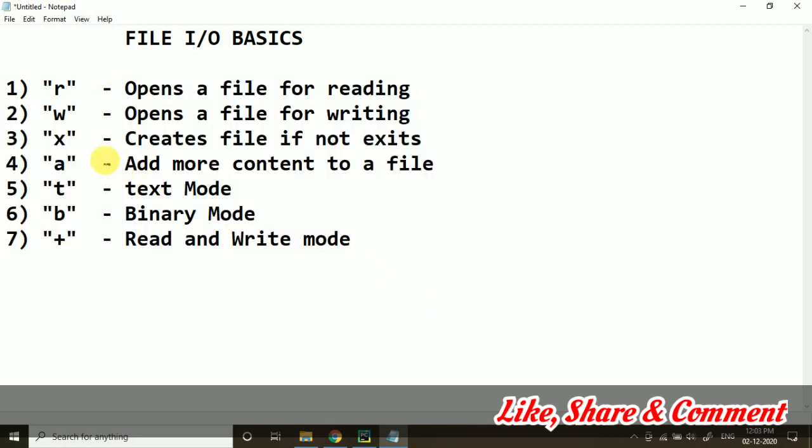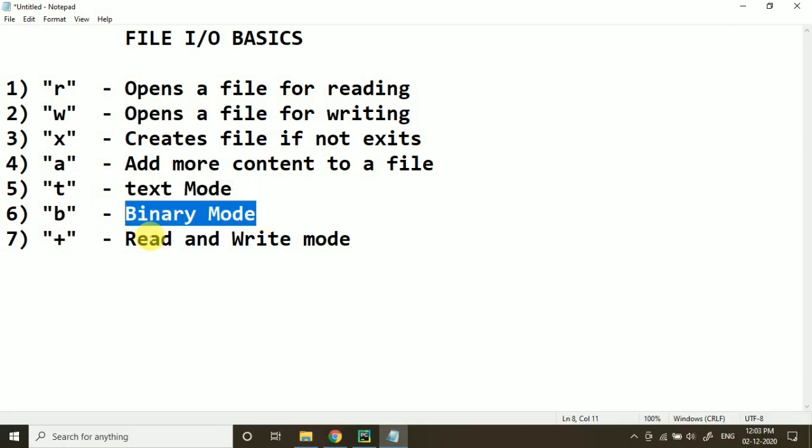So here you can see different modes: read, write, execute, A for append, T for text mode, B for binary mode, and plus is for read and write both. T mode means text mode, and B means binary mode.